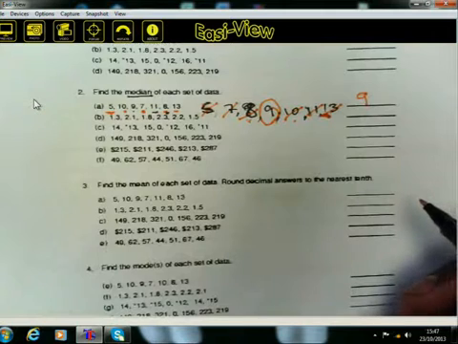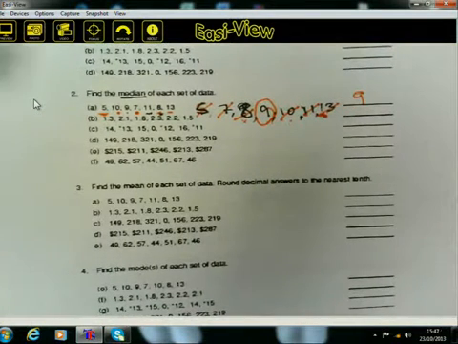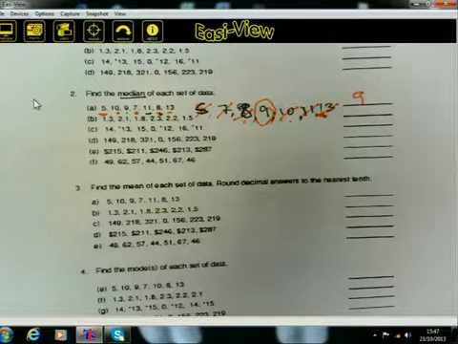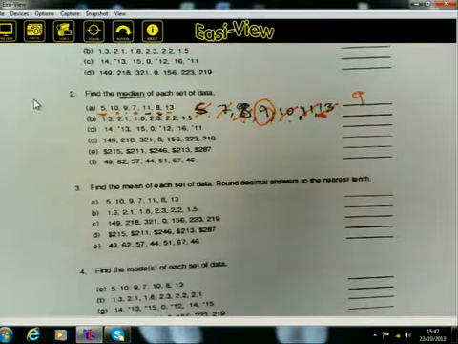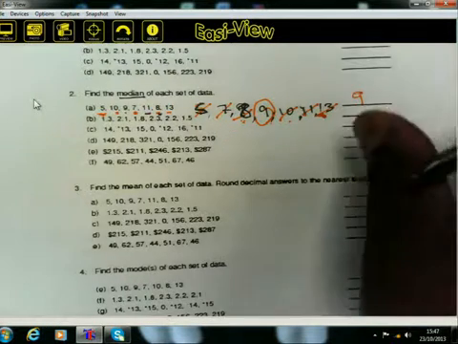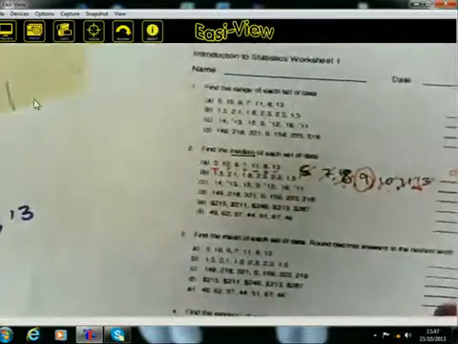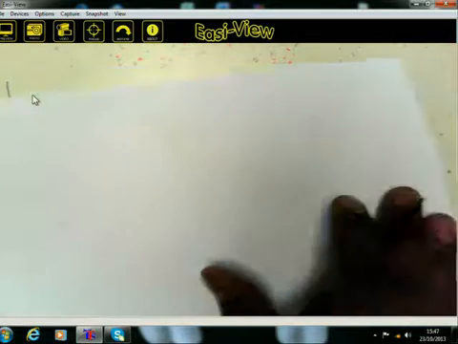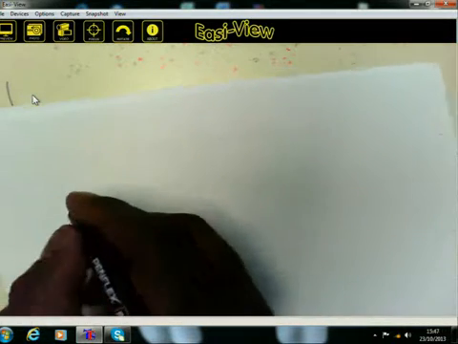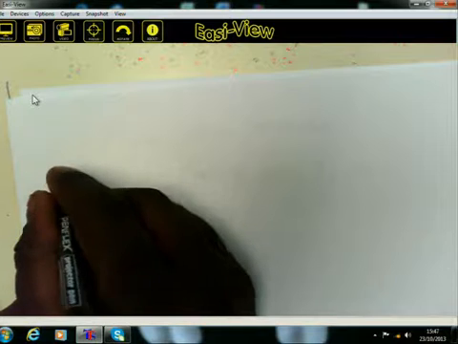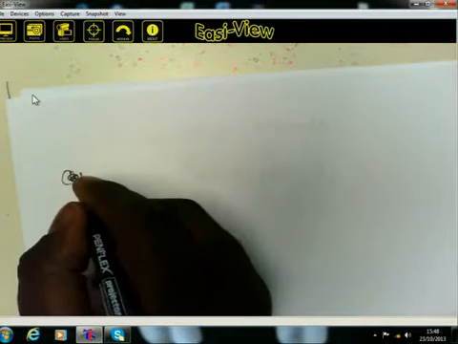Now, let's go to the other one. The other one, again, you're still looking for the median. We are still looking for the median. Now, let's check how to calculate that median. The numbers that you are given here are, okay, numbers that are given are, A. No, that's number B. Numbers that are given are